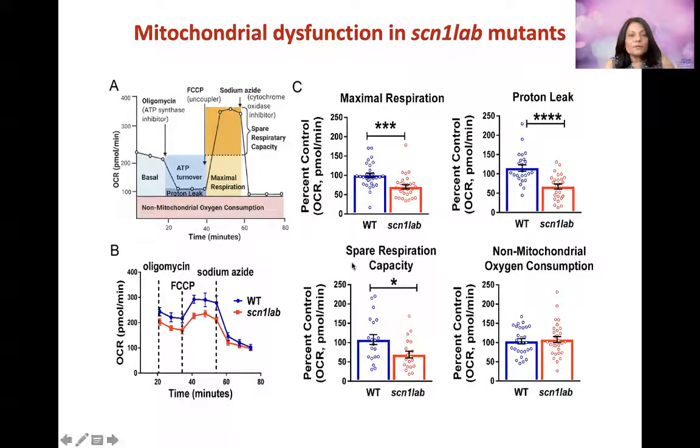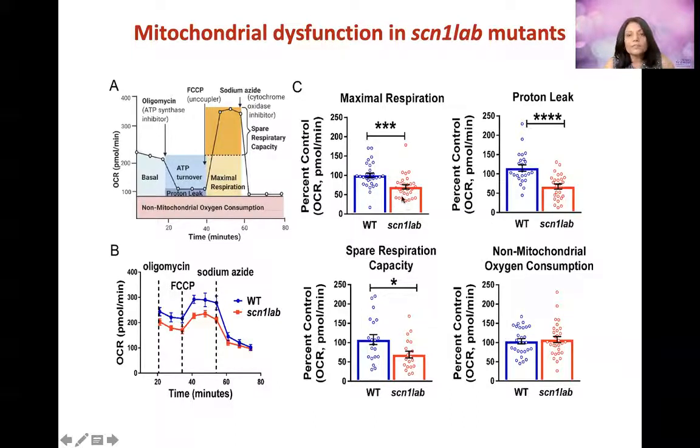Moreover, we went on to conduct a pretty thorough mitochondrial energetic assay. And here you can see in this panel A, this is just a cartoon of what we should typically observe in cells that are subjected to inhibitors and activators of mitochondria. And what we observe in panel B is that the wild type zebrafish have a higher rate overall than the scn1lab. And if you measure the different parameters and quantify them, what we see is a decrease in